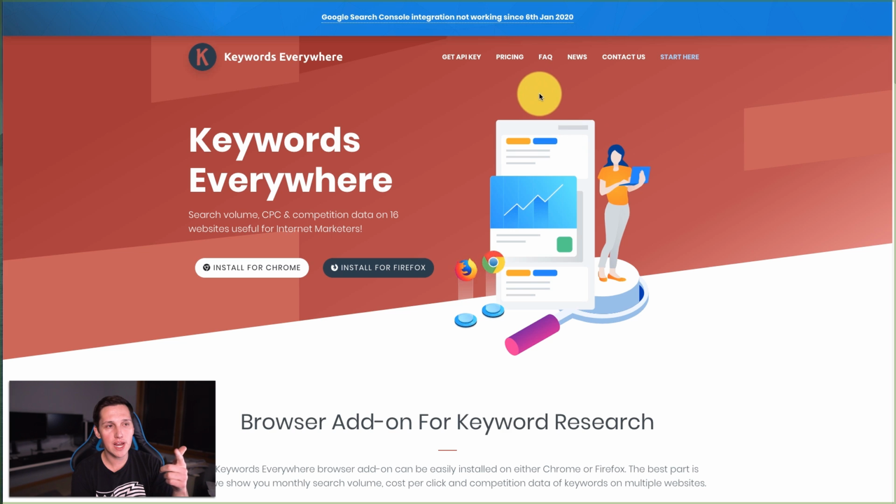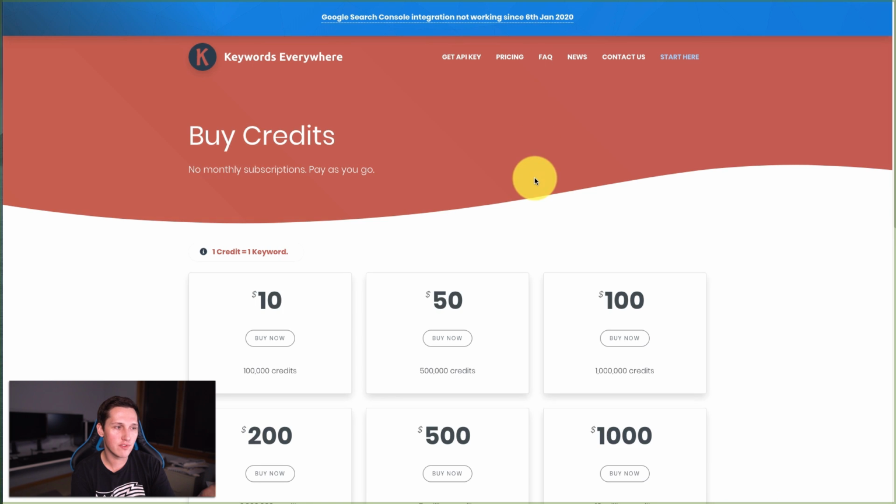It used to be free. If I just said it was free, it's because it used to be free, but now they charge for it. You can install it for free, but they charge you one credit per keyword to do a search. It's cheap though. It's $10. They give you 100,000 credits. That means you can search 100,000 different keywords off of that $10. So it's pretty much free. I mean, it's like barely anything. So anyways, this is what I'm using and I'll show you what it does.